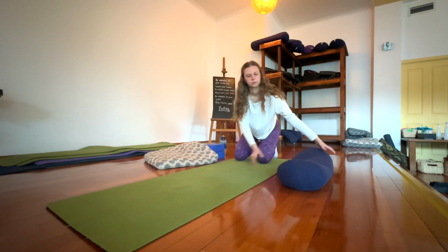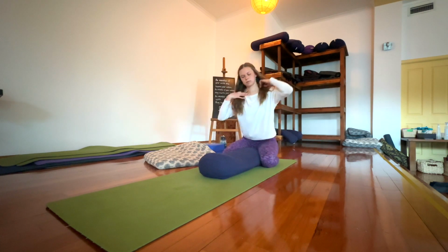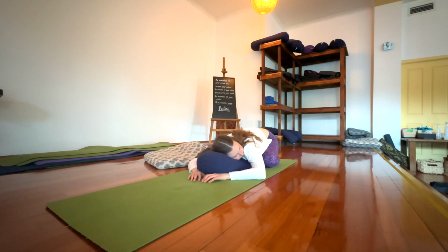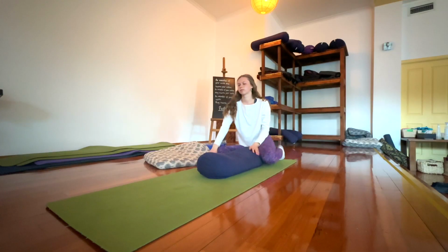And we'll begin to come down onto our hands and knees, placing the bolster in between the thighs, the knees, and coming down for a supported child's pose. You can rest your head, your face on one side of the bolster to start. Just allowing yourself to be here and feel nurtured by the earth. Good, and now we'll walk back up